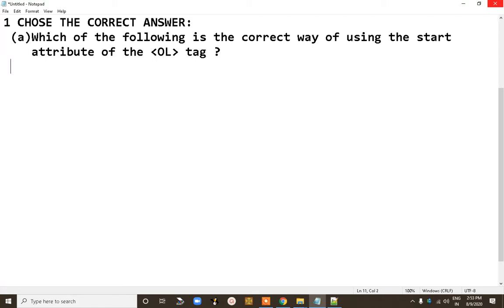Now for this, the first option is OL start equal to 3. Second option is OL tag start is equal to this.